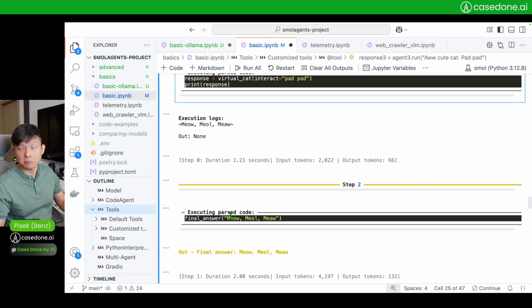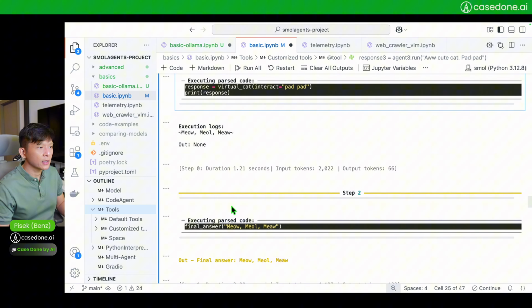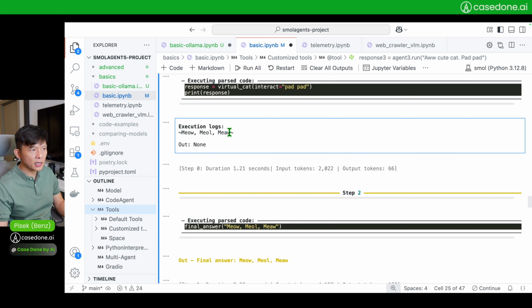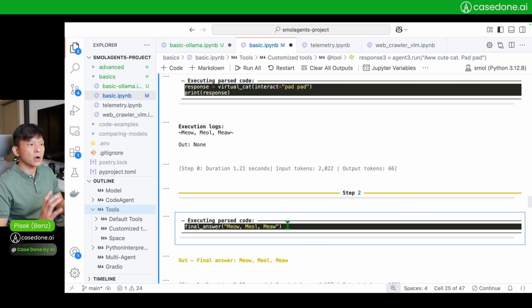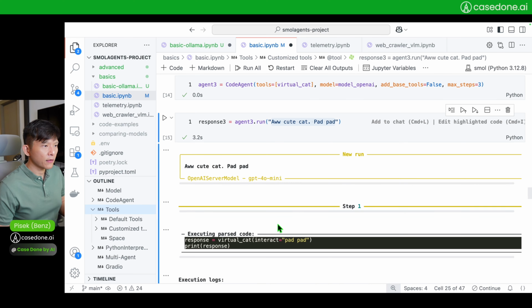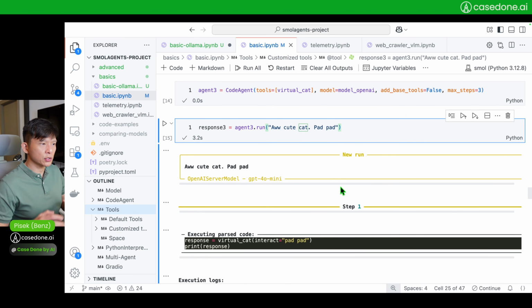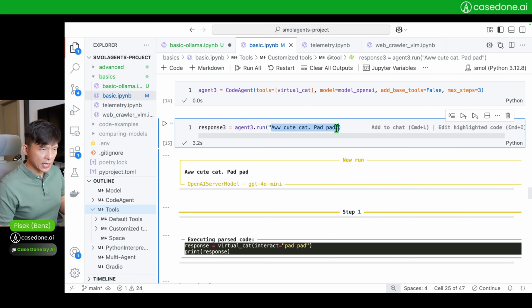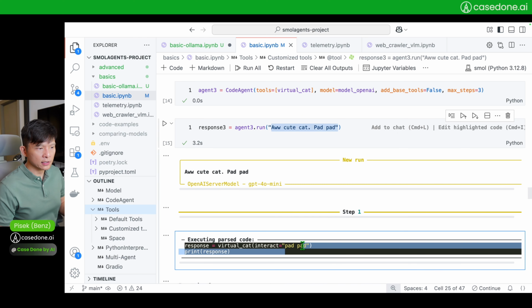And the final answer is, well, meow meow meow. And again, you see that the model has actually changed this a little bit. The tilde, or whatever it is called, is actually gone. The model also intercepts the response from the tool and reshapes it to its liking before it gives me an answer, right? Now you can see, just to repeat again, my input text is not the text that the tool